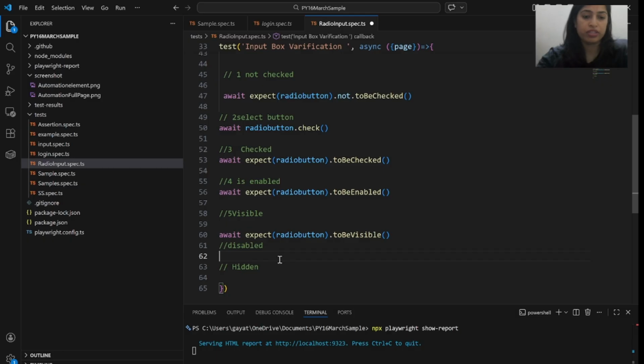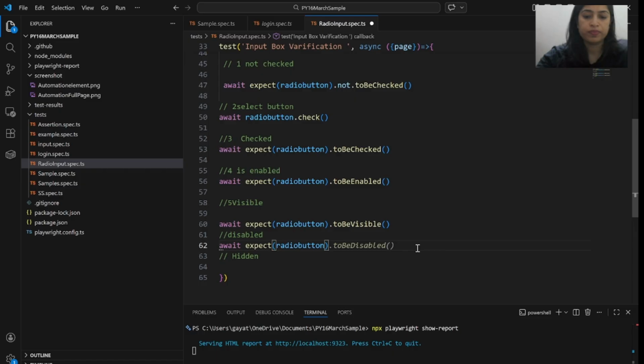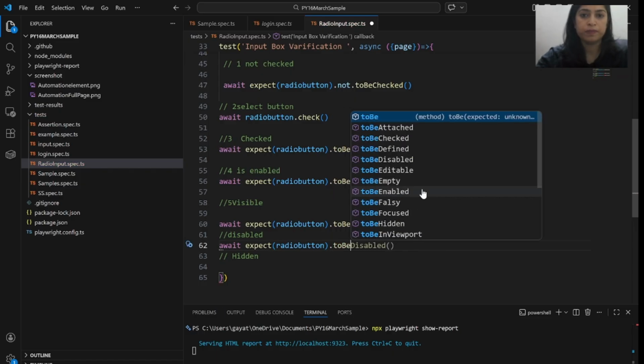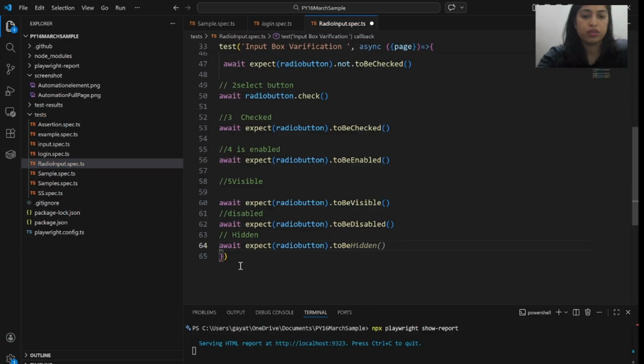For hidden, I will tell you the difference also. Hidden, dot to be disabled and hidden.